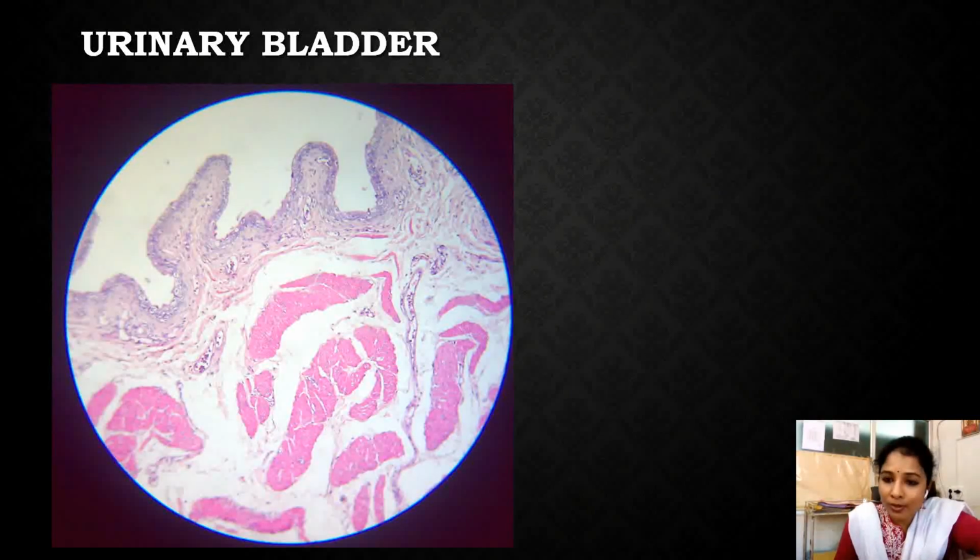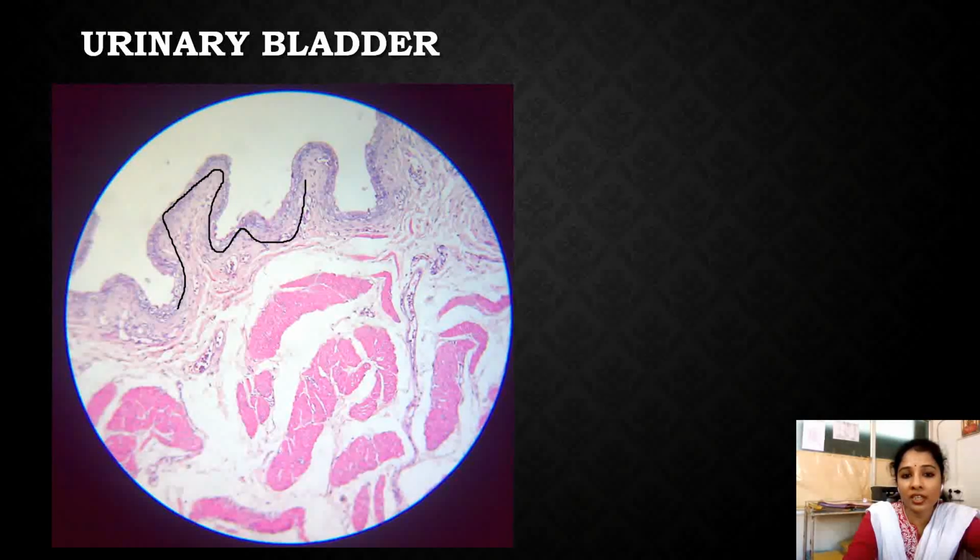The urinary bladder is also a part of the urinary tract, so it is also lined by urothelium or transitional epithelium. The mucosal folds present are called rugae, which are temporary folds, and when the urinary bladder gets distended, these mucosal folds disappear. It is lined by the transitional epithelium just like what we saw in the ureter. Below that we can see a nice thick dense lamina propria. The connective tissue is well differentiated in the urinary bladder.